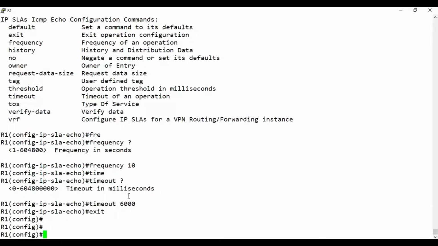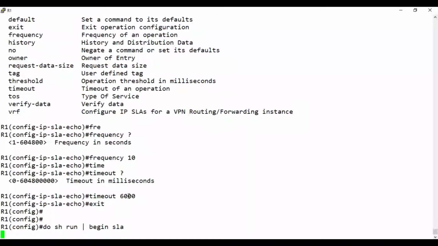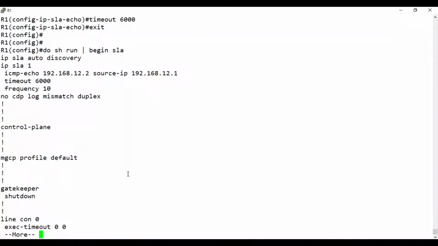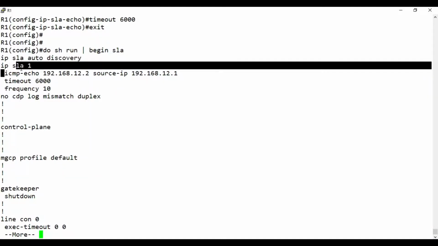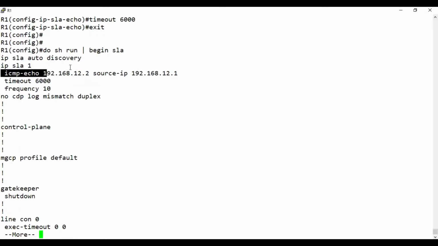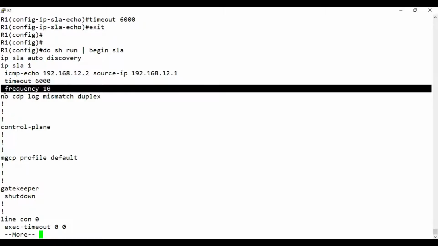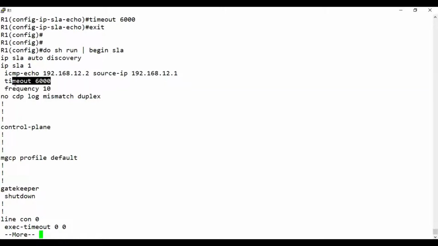So let's do a quick show command. Let's do a do show run pipe begin SLA. So you can see the configuration. So we have our IP SLA configured. It's an ICMP echo operation. This is the IP address we're trying to ping. We're going to do it every 10 seconds. And if we do not get a response back within 6,000 milliseconds or 6 seconds, the IP SLA is going